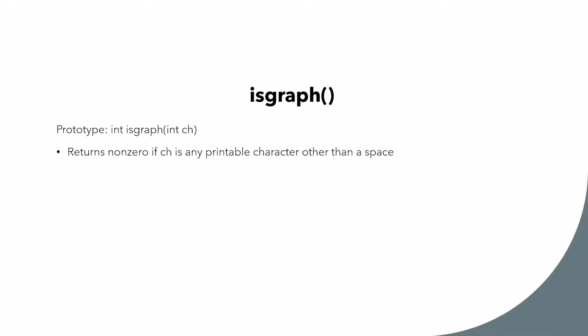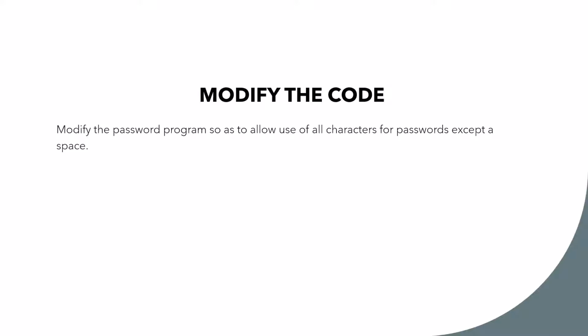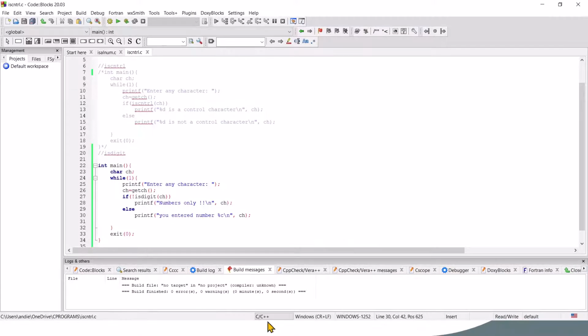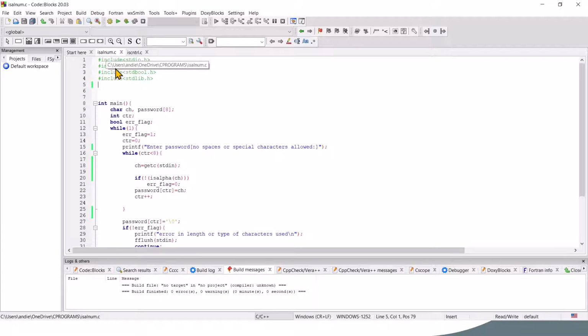Isgraph. Again, this function returns an integer and takes as argument an integer as well. Returns non-zero or true if ch is any printable character other than a space. But the keywords here are printable characters. Otherwise returns false. Modify the password program so as to allow the use of all characters for passwords except a space. So let's go back to Code::Blocks and we'll go to the program where we wrote the code for entering a password, and here we'll say no spaces allowed first of all,